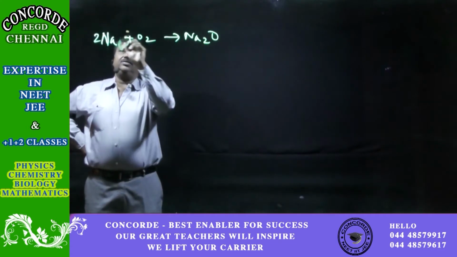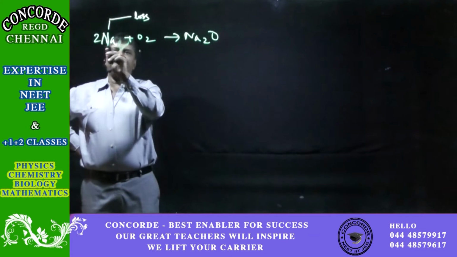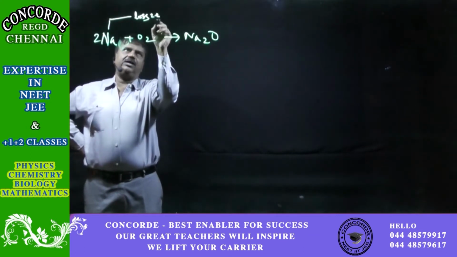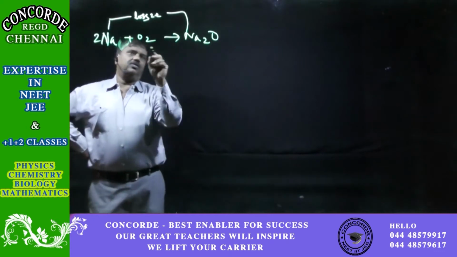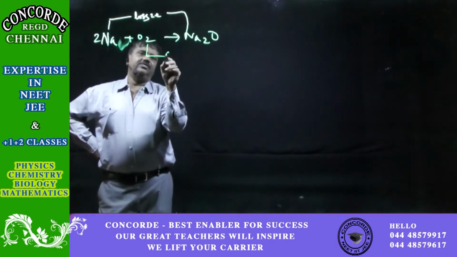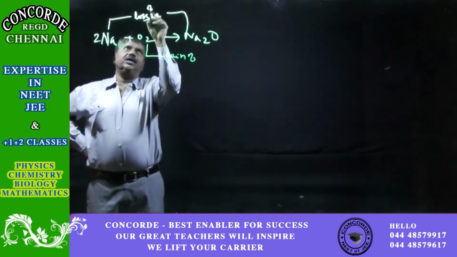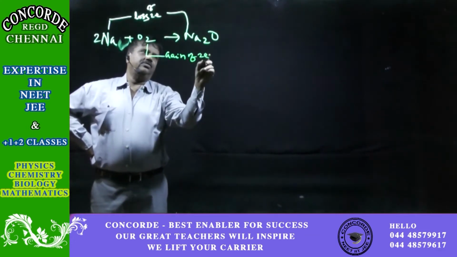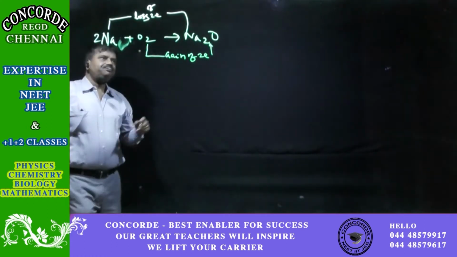lost how many electrons? Each Na has given 1 electron, so loss of 2 electrons. So this has come here. And what had happened to oxygen? Oxygen has gained electrons. Loss of 2 electrons and gain of 2 electrons. Okay, so